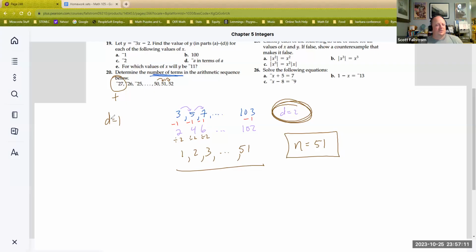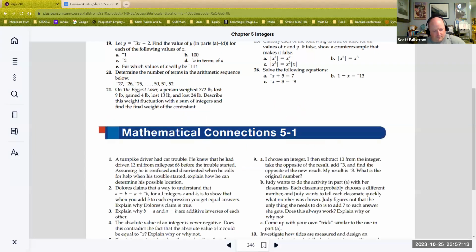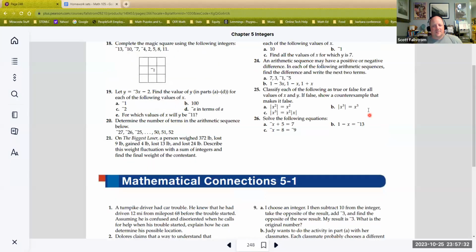Okay, good question, though. Good question. All right, let's take a look. Next up, 25. Let's take a look at 25. Now, in this one, the student said, I think I got true for all these. What the heck's going on? But maybe they are all true. So let's take a look up here. This one